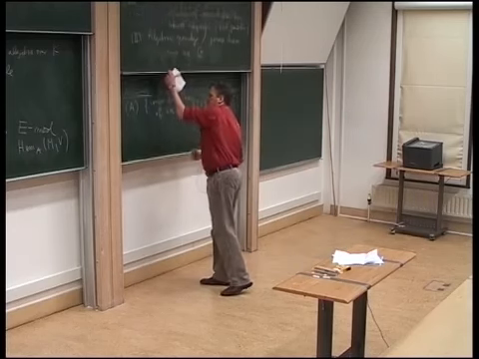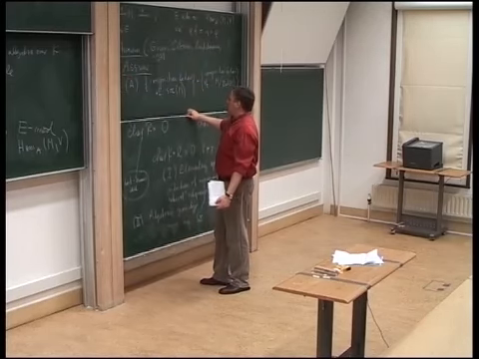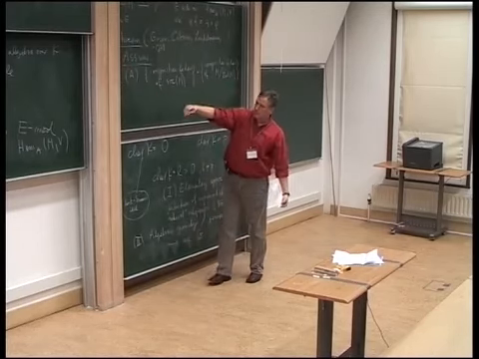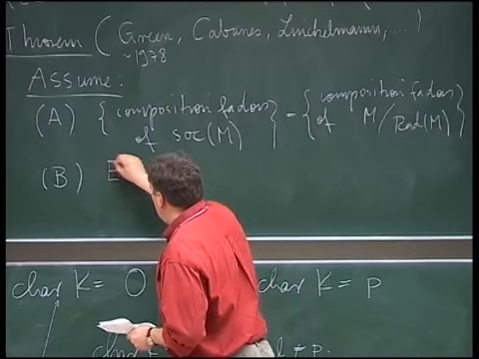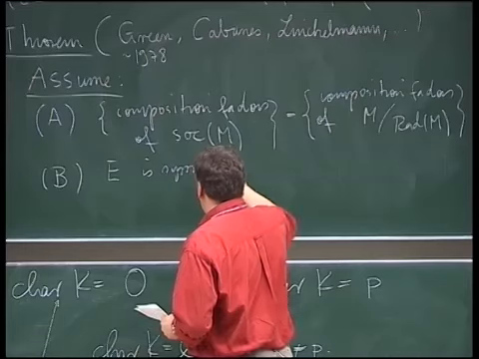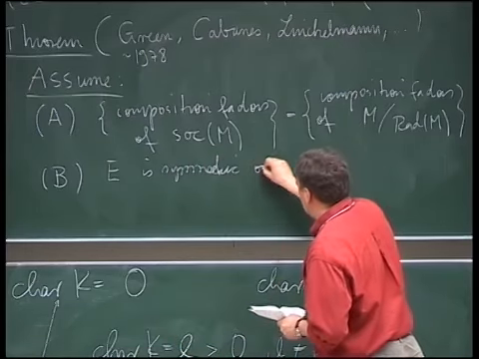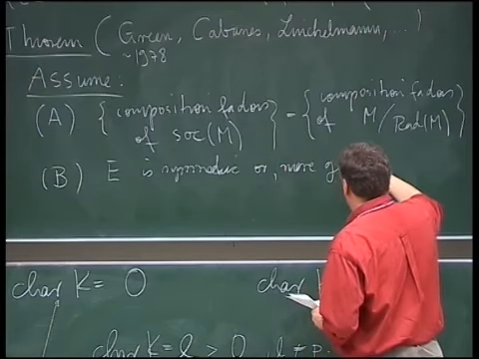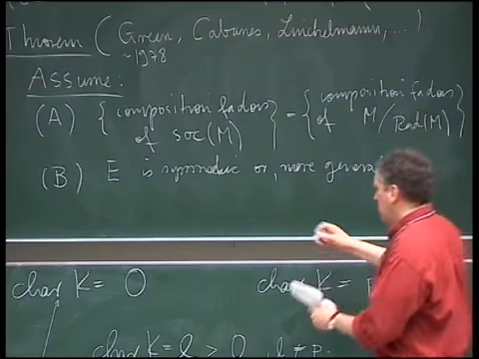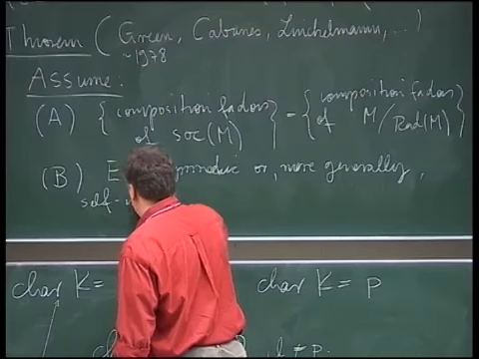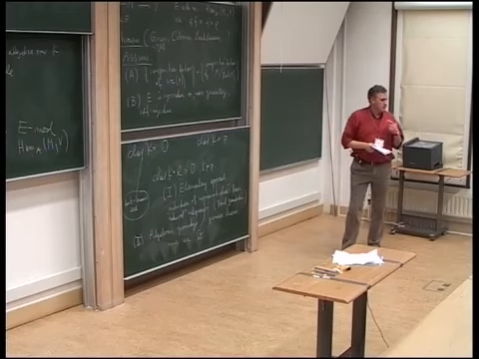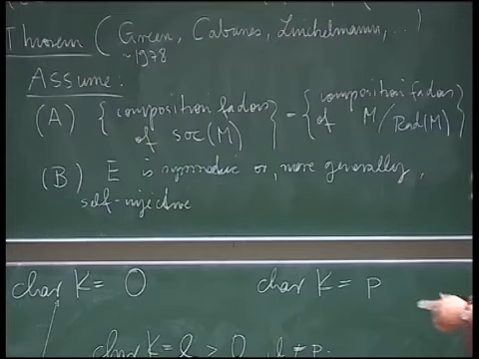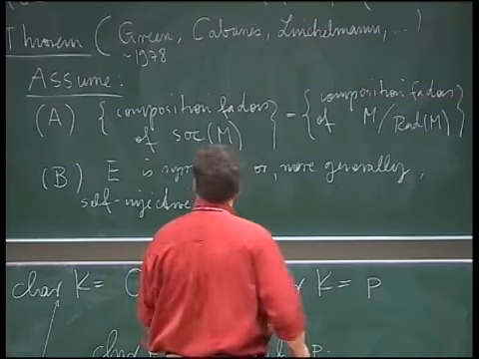So this is one assumption. And the second assumption is something about this algebra E. This algebra E should be symmetric, or actually something more general is enough: more generally, self-injective. Self-injective means that every projective module is also injective and vice versa, so the notions of projective and injective are equivalent. And under these two assumptions,